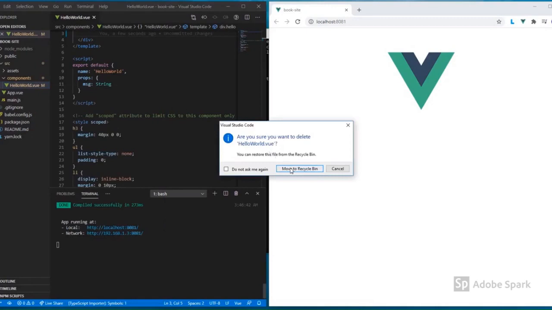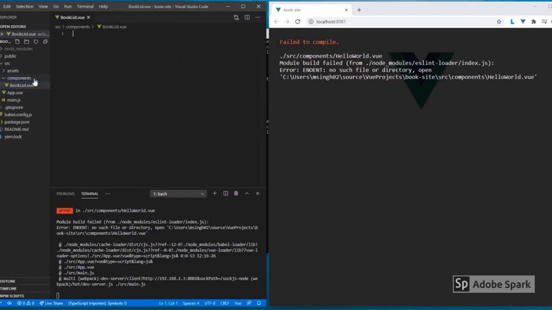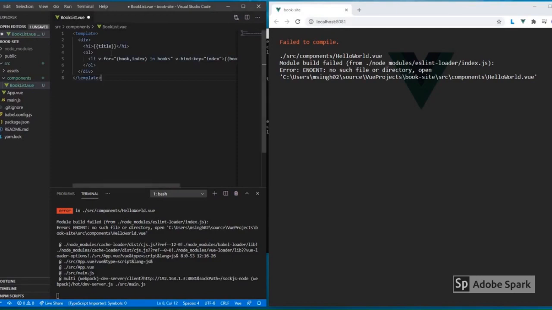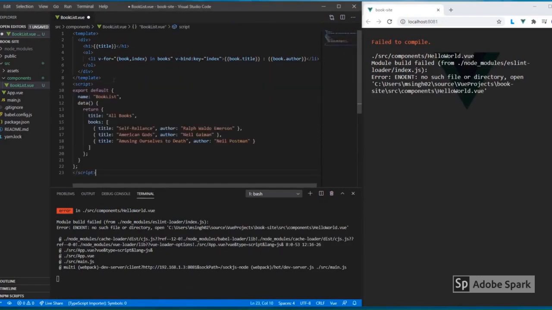and now I'm going to add another component which I'll name BookList, and which we'll be using for showing the list of books in our page. Let me add the template in this BookList component, and here we are using the declarative binding for Vue, and we are using v-for, which is a loop which will loop through the elements. And now we are going to add the script portion for it.